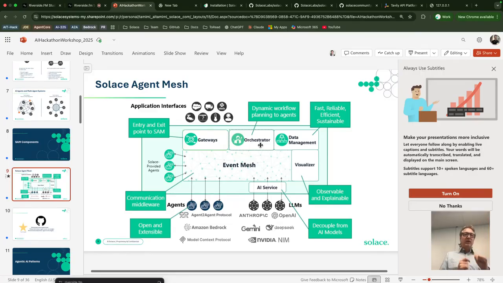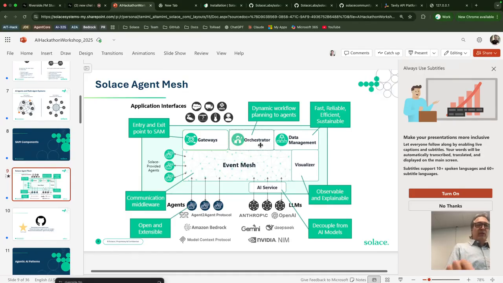So instead, we decided to use a dynamic workflow with the orchestrator. The orchestrator looks at the request that comes in, looks at the agents that it has available to it, and then comes up with a plan. Okay, first I'm going to call that agent, and then I'm going to call agent B and agent C. But if agent B gives it back something it's not expecting, then it can actually adapt to that and say, oh, I wasn't expecting this output. So instead of agent C, I'm going to call agent D.